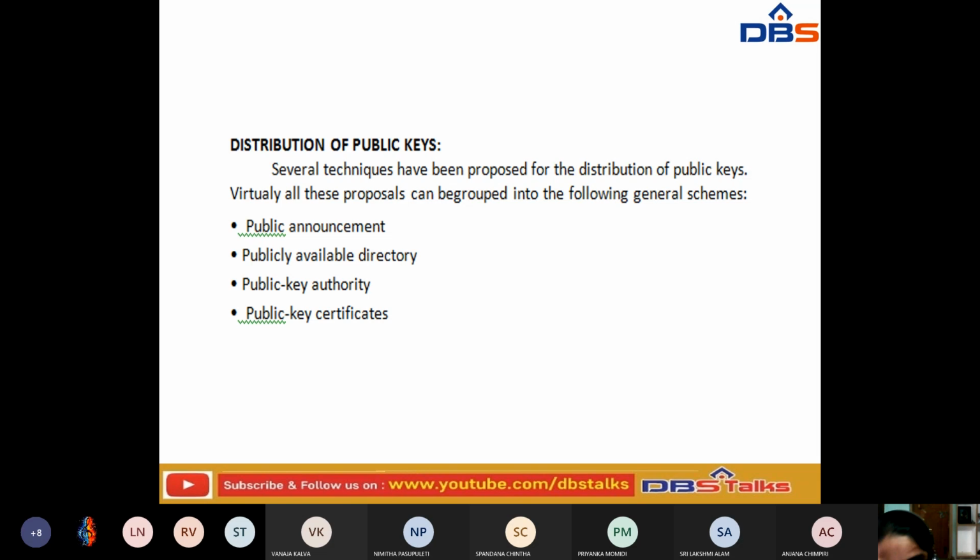Whenever the data is kept in a directory which is available to all the users in that particular system, and we give public access, then it is a publicly available directory. And when we grant an authority, we call it a public key authority.